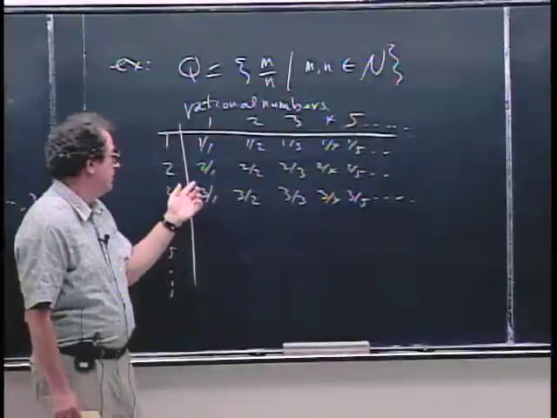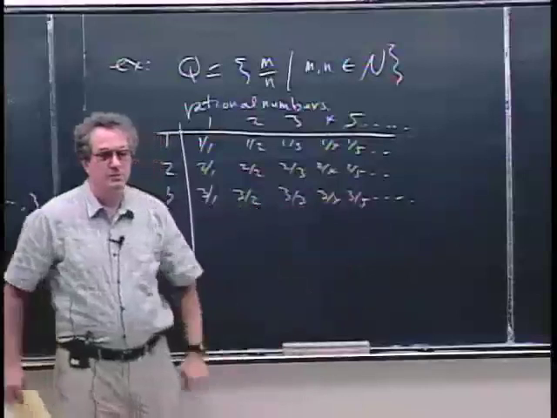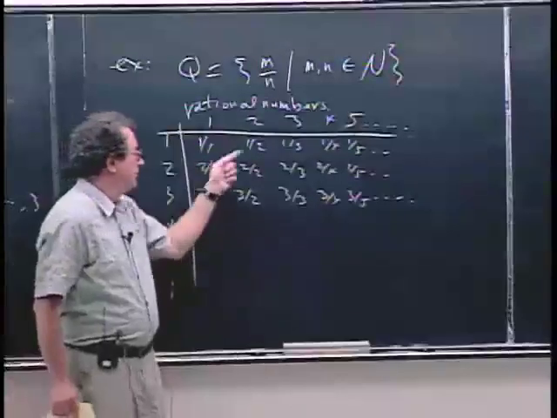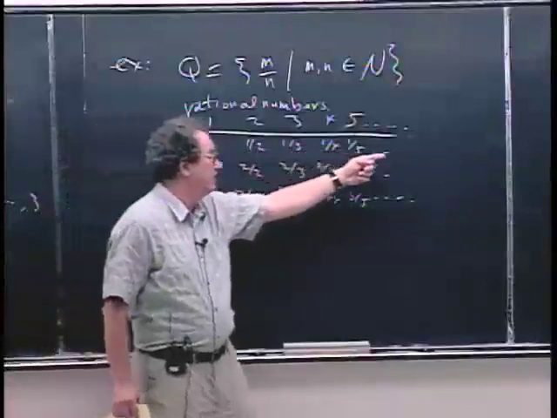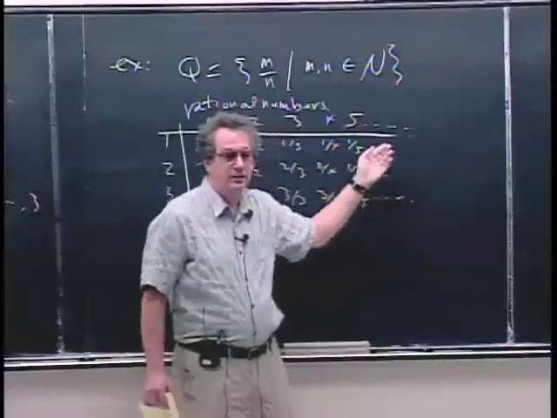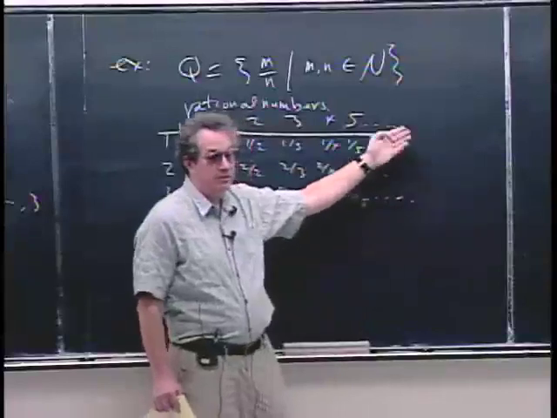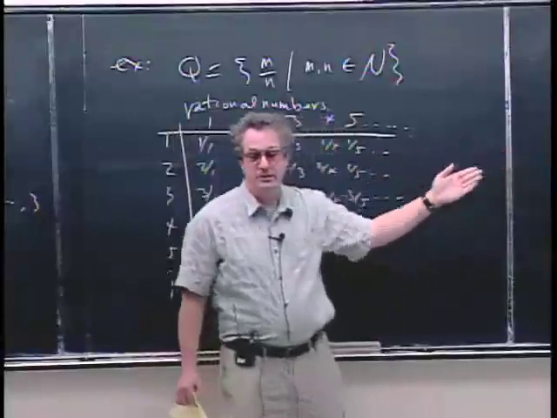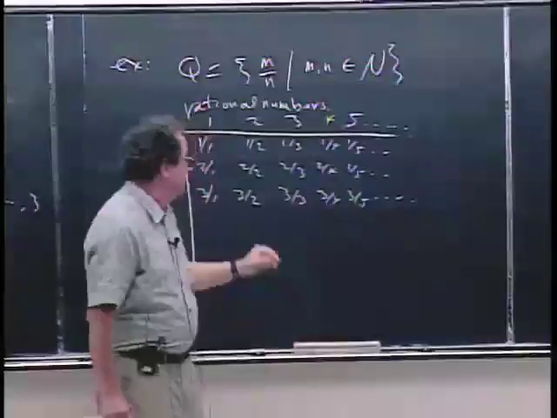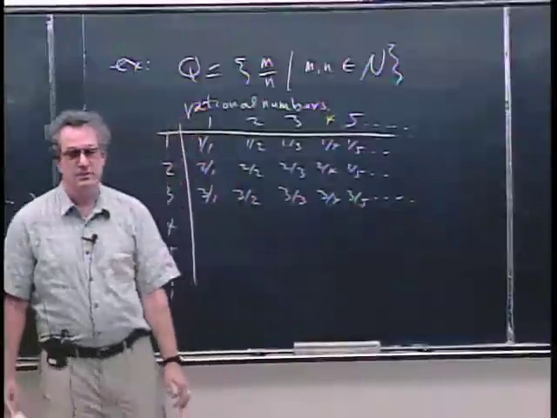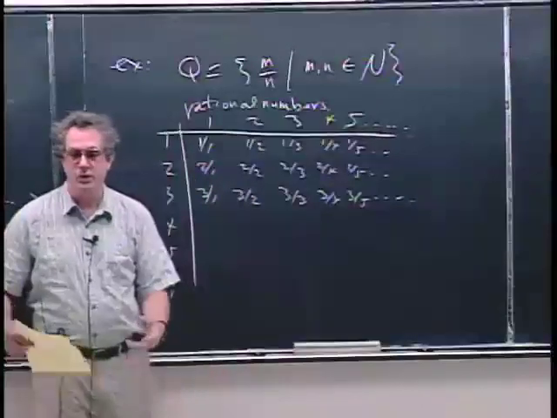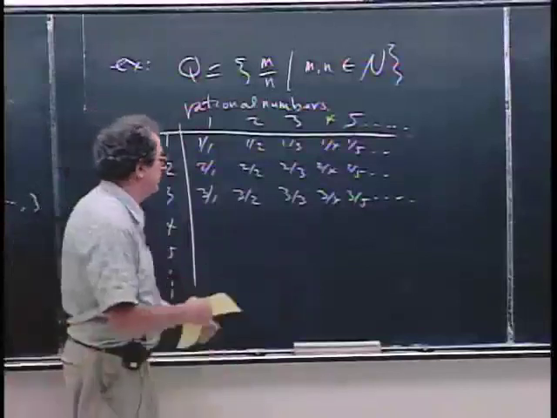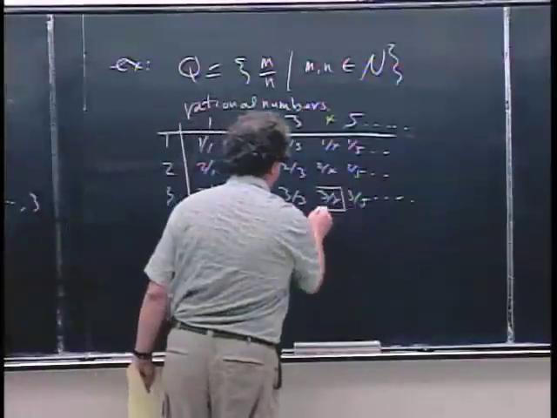But then what about the numbers in the next row? What do they correspond to? Because in the first row, you're going forever. You're saying these guys in the first row correspond to the natural numbers, and that correspondence goes forever. So there are no natural numbers left over for the second row. Okay? So that way of showing a correspondence isn't going to work, because you take a particular rational like 3/4,